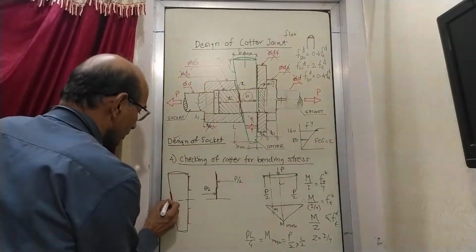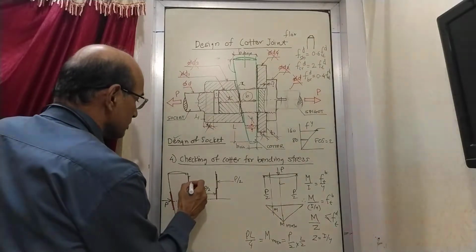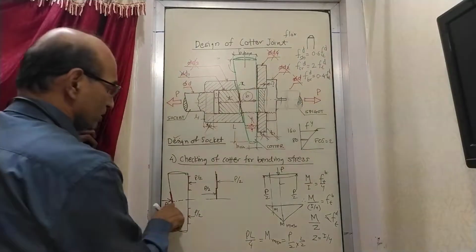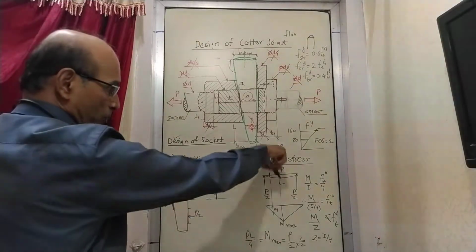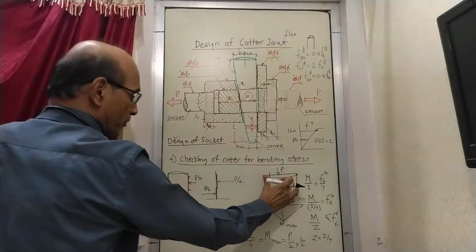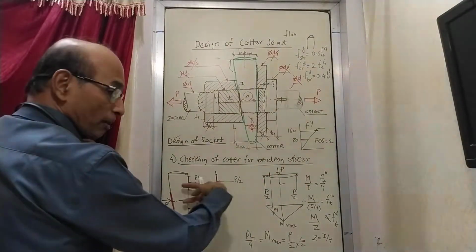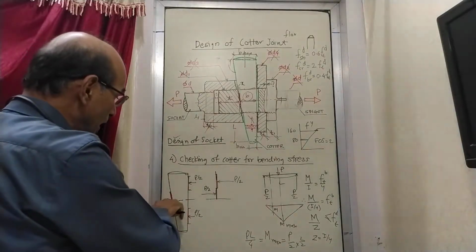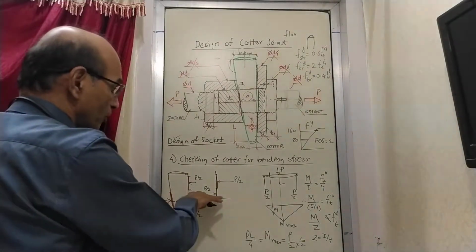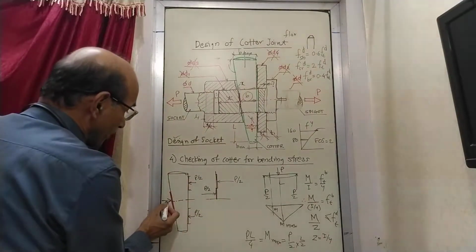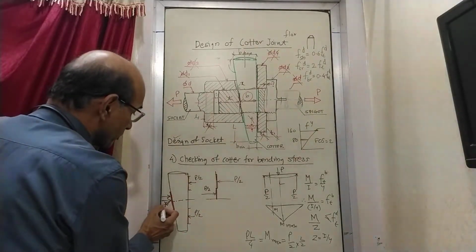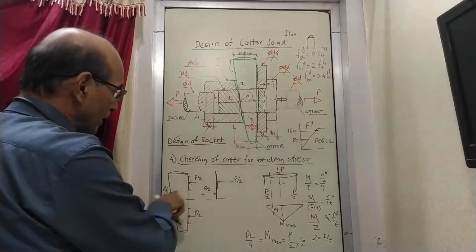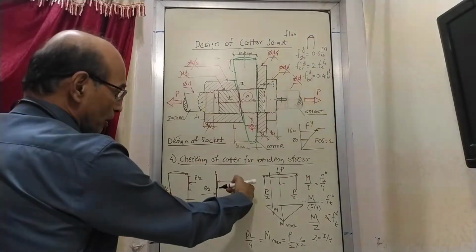If you write here, you have to write P, and then somewhere here it is P by 2 and P by 2. So this situation is the same as this: P here, and from both sides P by 2, P by 2. Only this is horizontal, this is vertical. But this P we are shifting to one side because we are taking only half. So instead of writing P, we are writing P by 2 here and P by 2 here, and out of that, this P by 2 is shown here and this P by 2 is shown here.